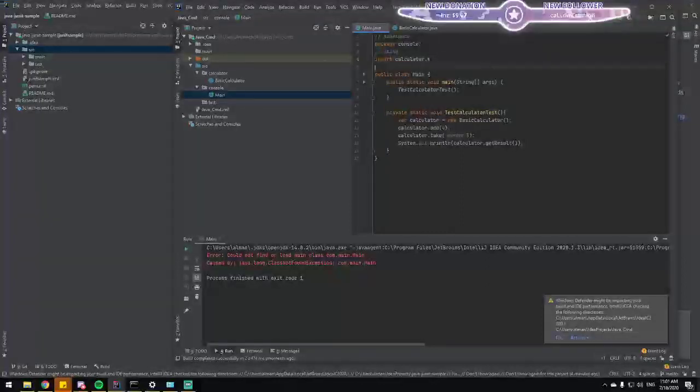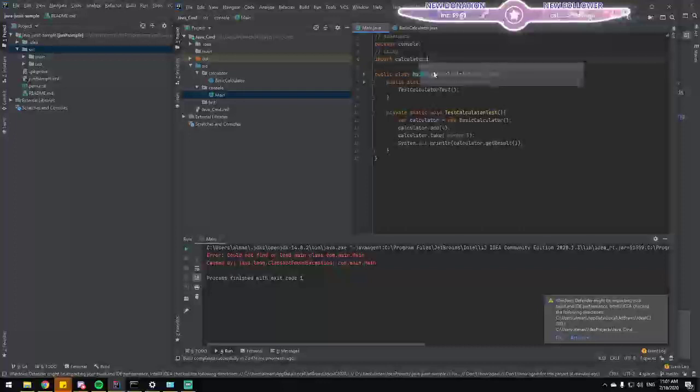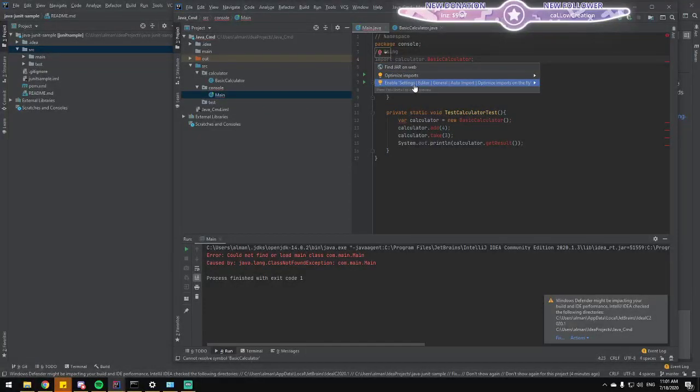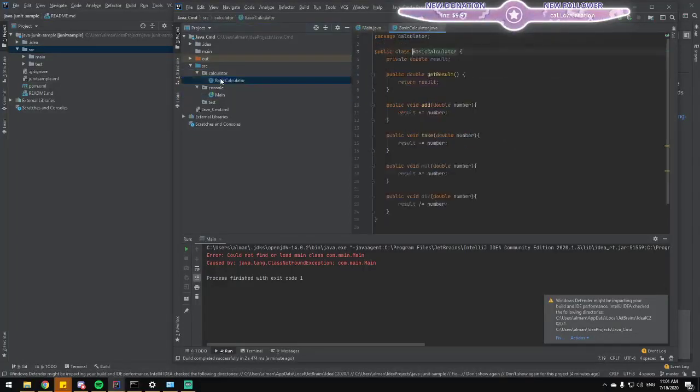Maybe it's bugged. Sometimes it happens to Visual Studio too, because it doesn't make sense. If I specify the class that I want, it should be able to include it. Okay, cancel. What does it say? Optimize imports on the fly. Okay, all. Basic calculator, that's fine. Console, we won't test console.